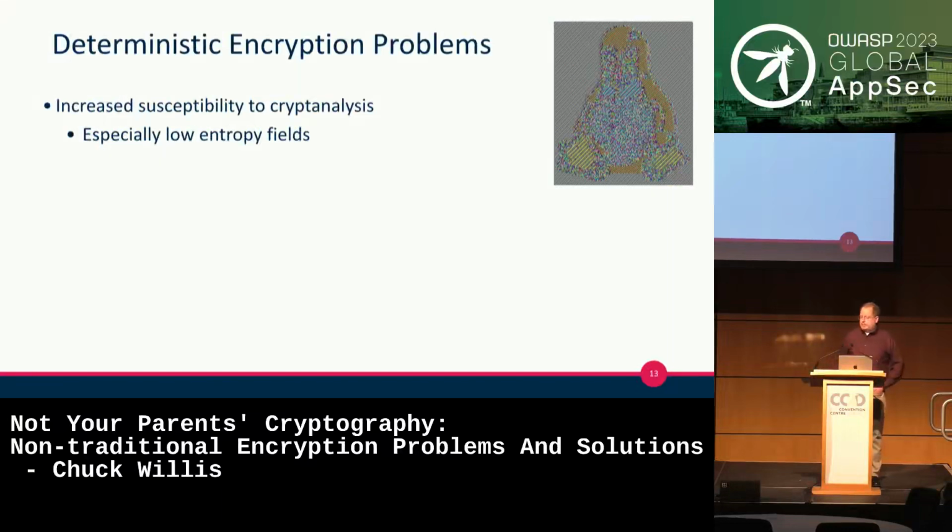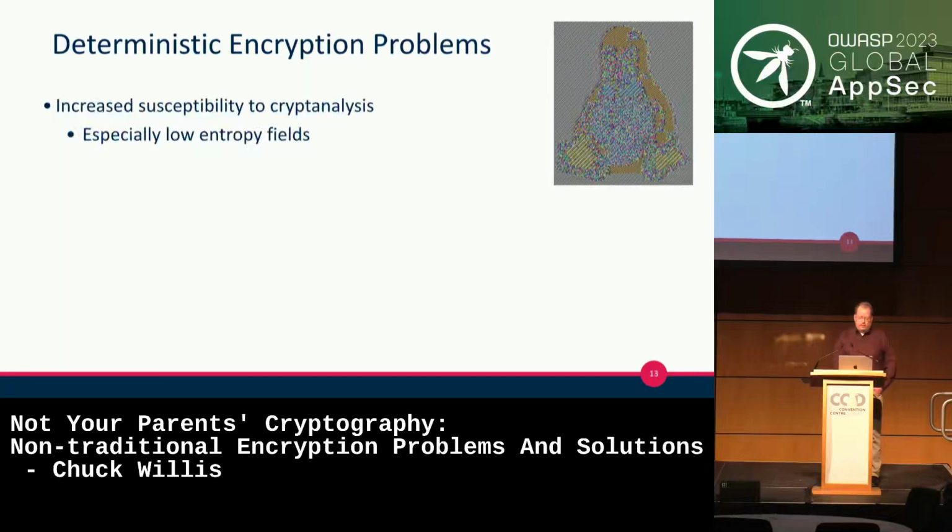So the problem is there's low entropy, and it's susceptible to cryptanalysis. I imagine a lot of people have probably seen this picture before, which is basically using ECB, electronic code book encryption, on a picture where you can tell it's the Linux Penguin. The idea is that that's a deterministic protocol. So every section that was just a block of white pixels gets encrypted to the same value. All the black pixels get encrypted to the same value, and that's why you can see the outline and whatnot. So that's a great illustration of that.